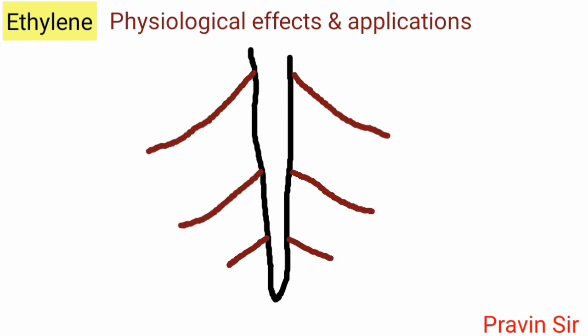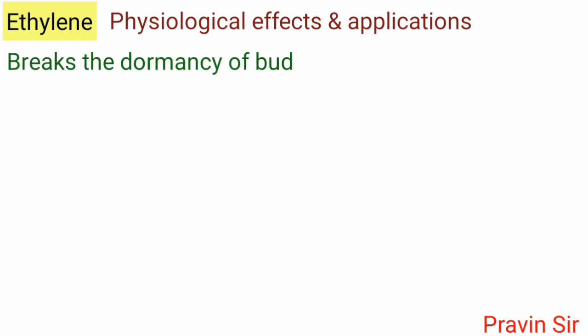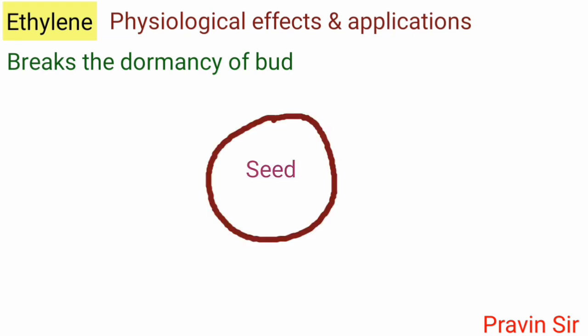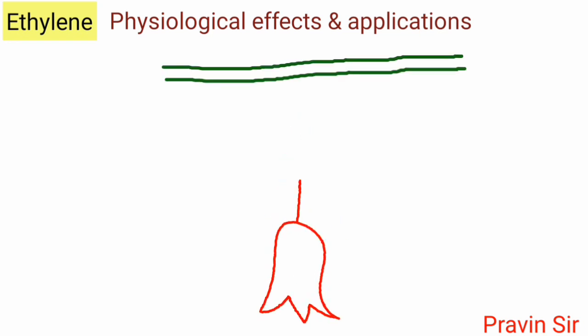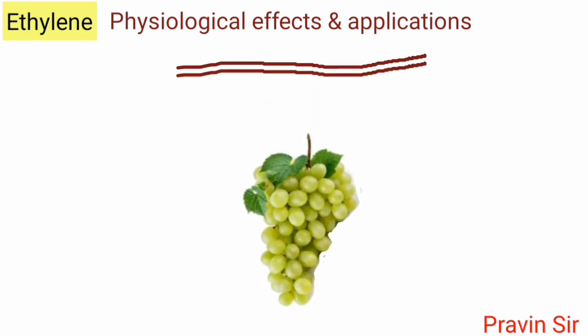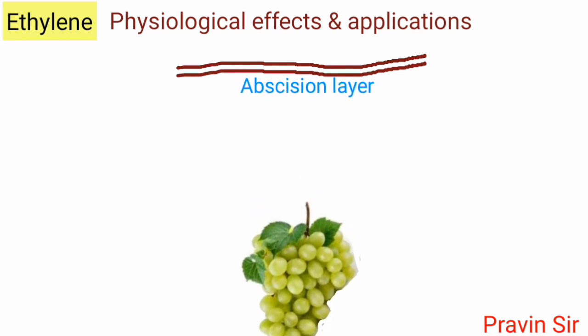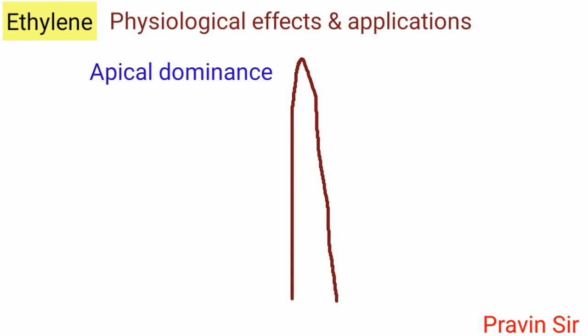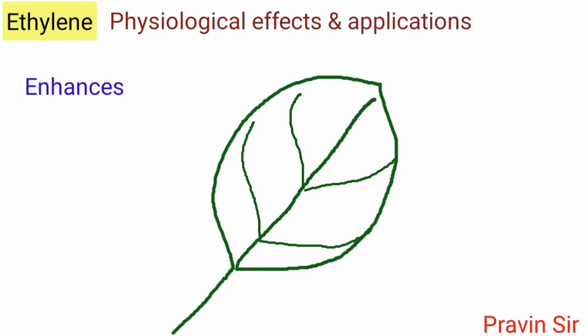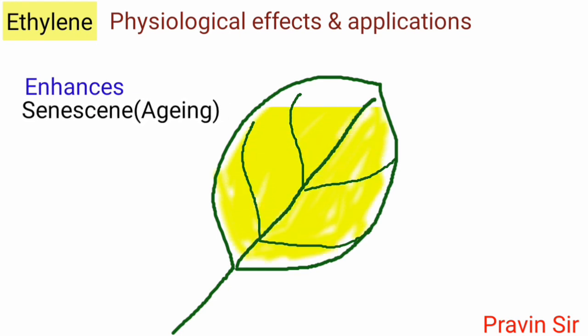Stimulates initiation of lateral roots in plants, breaks the dormancy of bud and seed, accelerates the abscission of leaves, flowers and fruits by forming the abscission layer, causes apical dominance and inhibits the growth of lateral buds, enhances the process of senescence of plants,